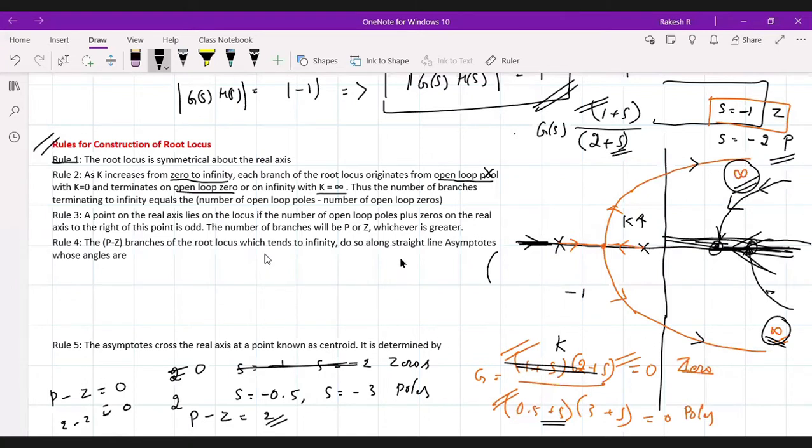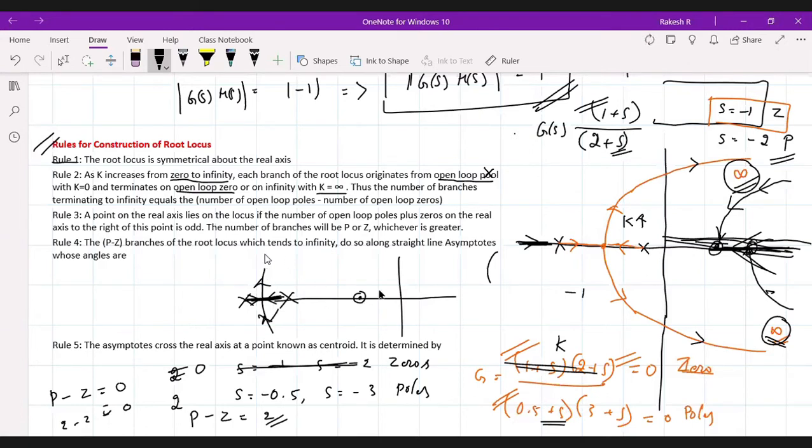See, what happens here is, let us say we have 1 zero here, only 1 zero, and we have 2 poles here. Here one pole, here one pole. So the root locus is somewhere here. The root locus exists in between these two, right? And yes, it is breaking and it is moving like this. Let us say it is moving like this here, right? But here 1 zero is there, right?